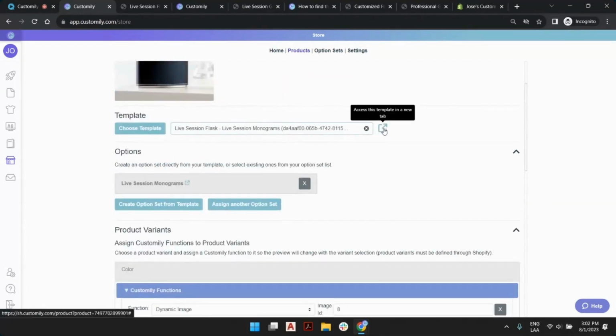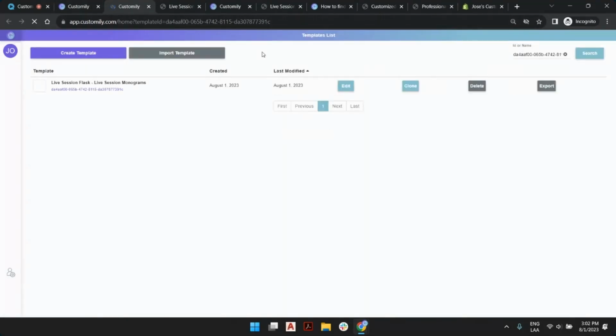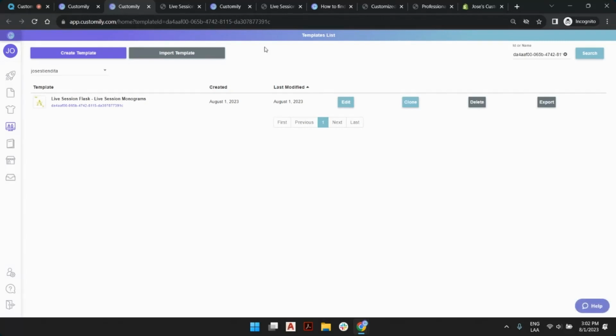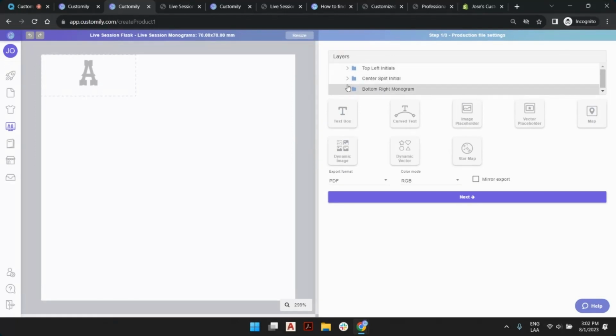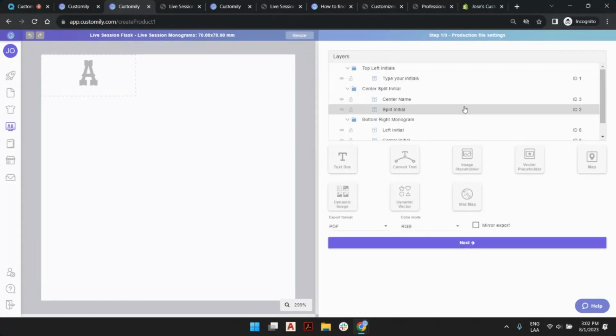Want to double check? Click here to open the template. Everything is really handy and easy to follow inside Customily. Now, don't get lost in so many stuff. Always here is just for checking. I don't have to save anything, but if I click edit, I can see my template and I can see my layouts and I can open them and see that my number one